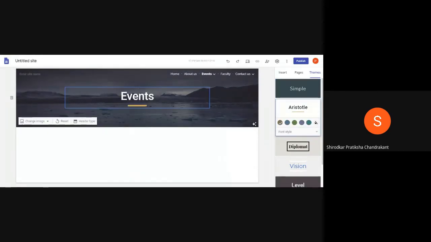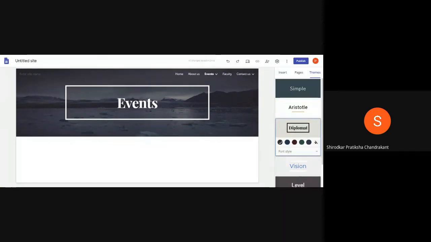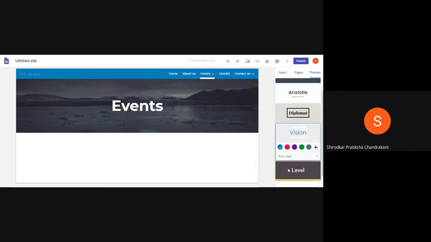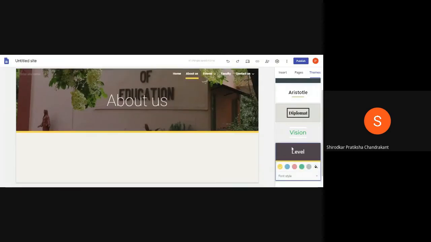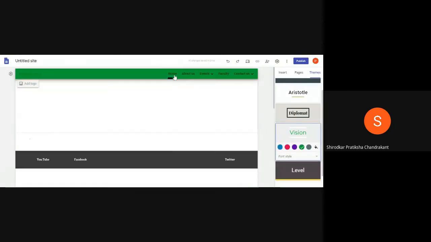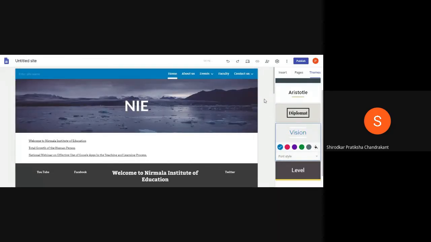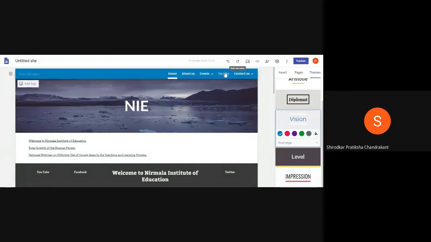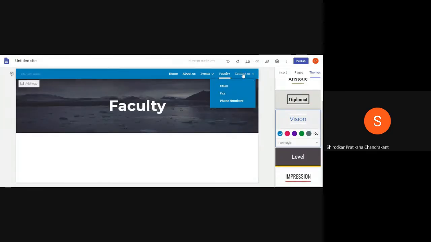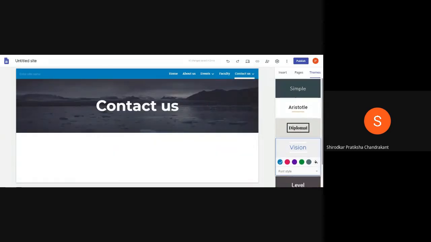Okay, so here you can see everything will change. The name you can change the way you want. Okay, when you click on vision, there are various color options which are provided. So you can change the color of this tab as well. Okay, so let me go to about us. So the same thing will be applied to all the tabs of your website. So this is how I want my site to be seen by the visitors. Okay, so these are the options which are available in the theme tab.